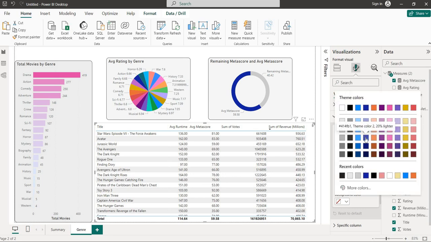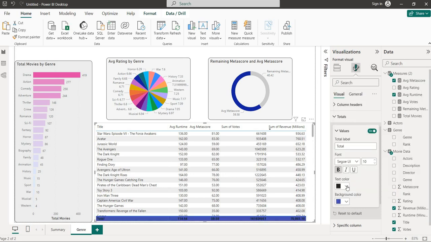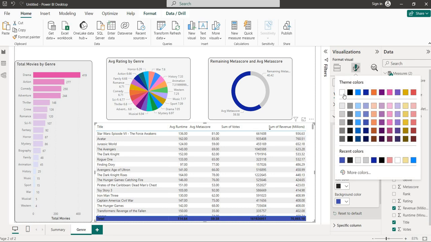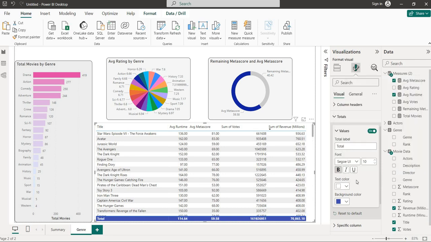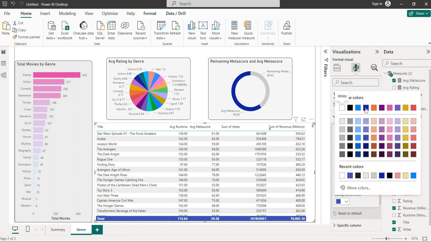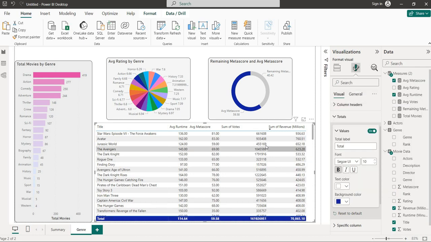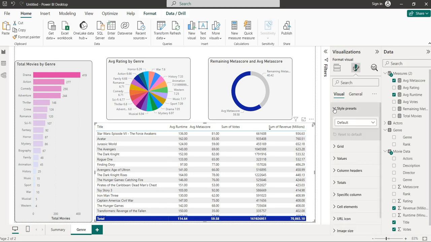Give it the dark blue, and with the dark blue, we can give it white. Yeah, this is cool. Or we can do some more darker side. Okay, now this is cool. Hope you have understood what is going on here. Okay, total is here, and style preset is default.